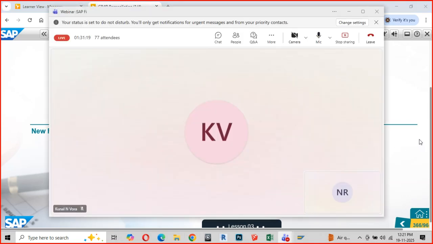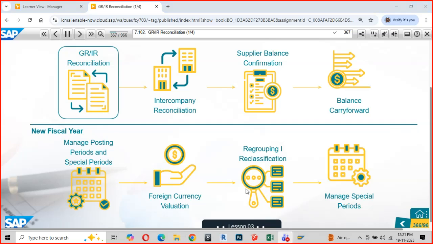Based on the business requirement, that is, how exactly my transactions are happening by using the foreign currency, am I in profit or am I making loss because of these foreign currency transactions? This is identified through a process called the foreign currency valuation process. And this in SAP is carried out